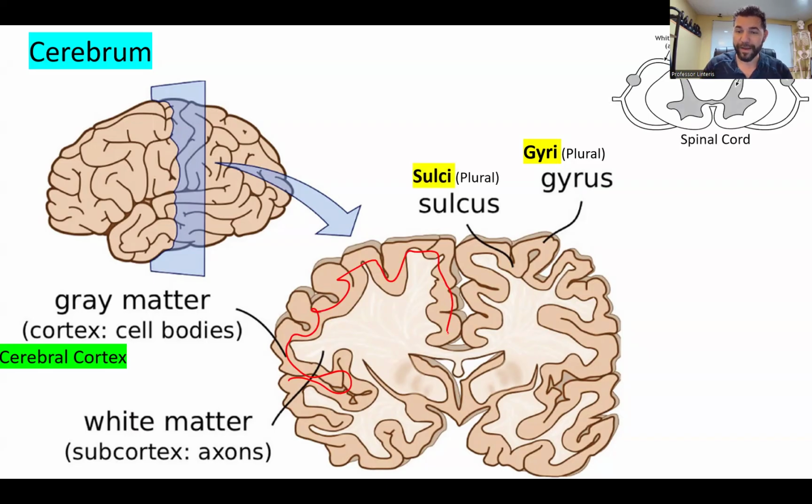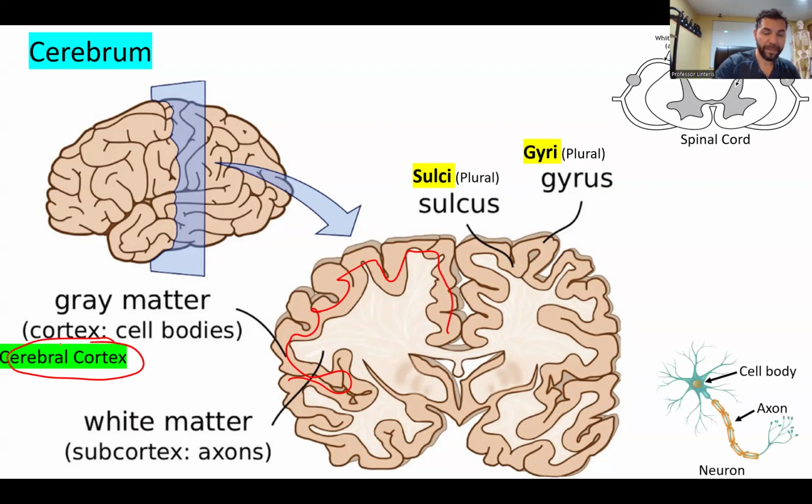Let me see if I can pull that up. If we remember from the spinal cord, that gray matter kind of made that butterfly shape towards the middle, and then the white matter was towards the outside. In the brain, we have the gray matter towards the outside. We call this the cortex. So the cerebral cortex is the outermost region, composed primarily of gray matter. And we know from previous lectures that that gray matter is mainly made of cell bodies. And the white matter that we could see